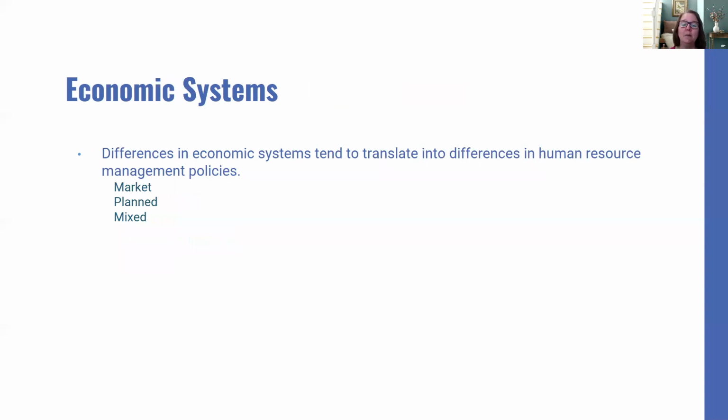Similarly, differences in economic systems translate into differences in inter-country HR practices. For example, dismissing an employee in China or in Europe is more difficult than in the US, and may be more costly in those countries. In market economies, such as in the US, governments play a relatively restrained role in deciding what will be produced and sold. In planned economies,